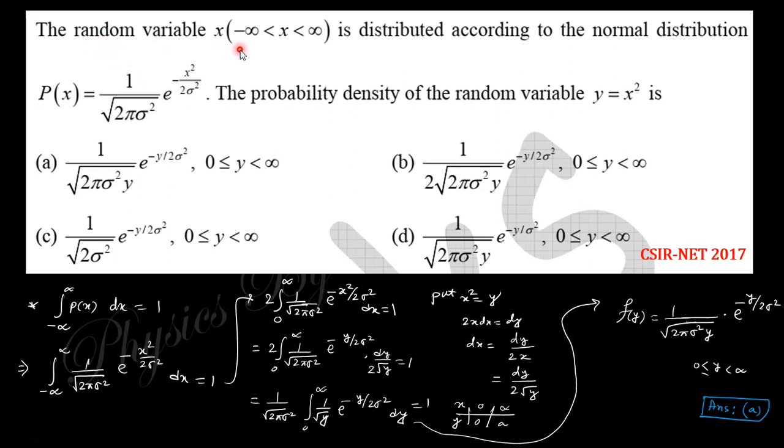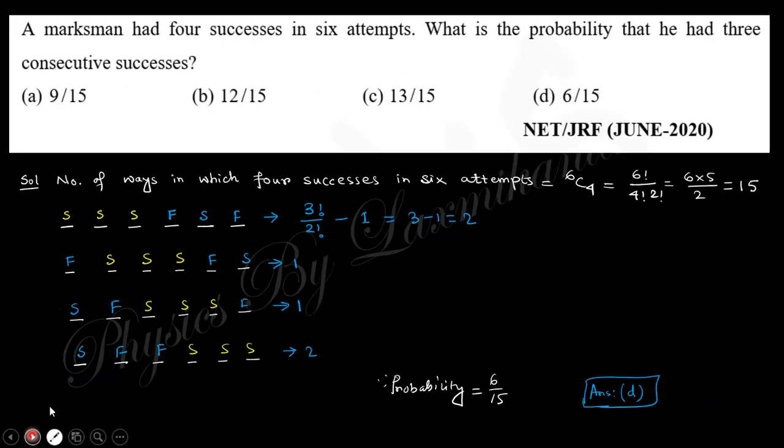The random variable x is distributed according to the normal distribution p of x equal to like that. The probability density of the random variable y equal to x square is, so if you take x square as y, you can change this distribution function, integration function like that. If you change this, you can see this is nothing but the probability function like that. Okay, so this is very simple, just change this integration. Next one,